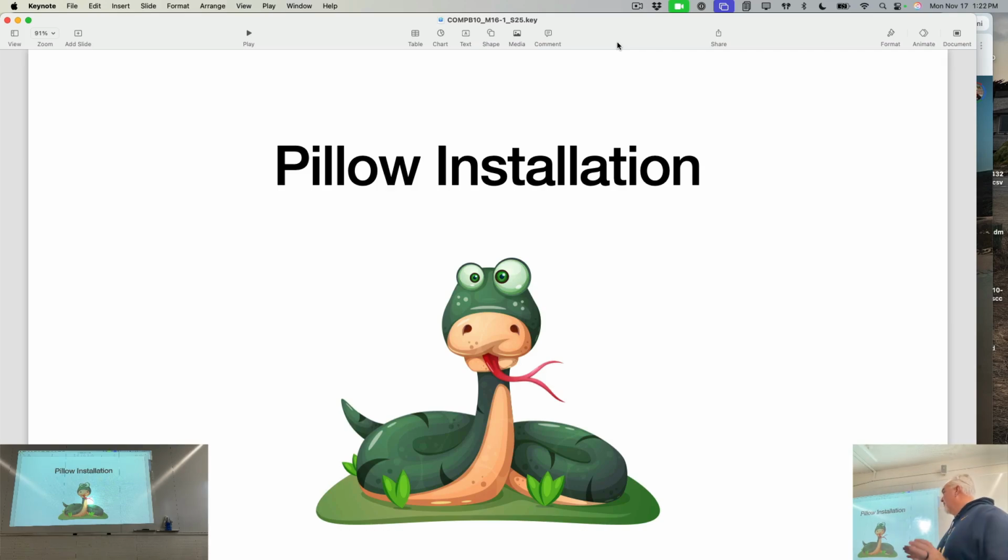Okay, so before you can really work with Pillow, you actually need to install it. And I don't think we've really installed much, but I'm going to walk you through the process so you know how to do it. You might need to install it on these computers as well. So, Pillow,